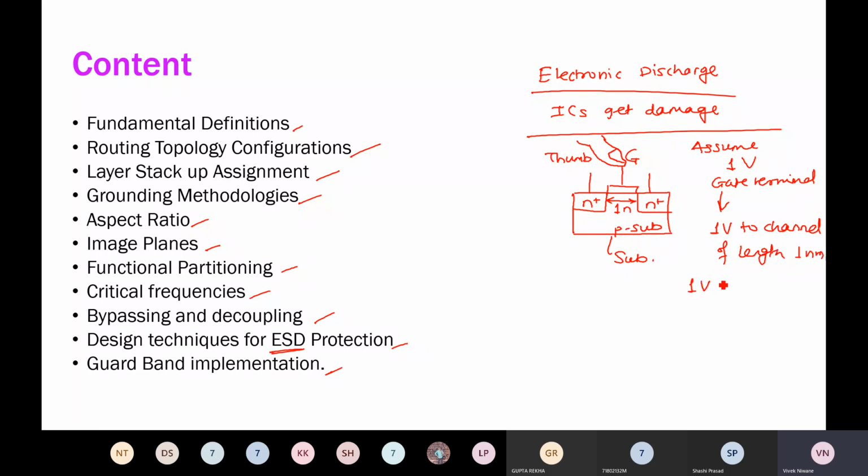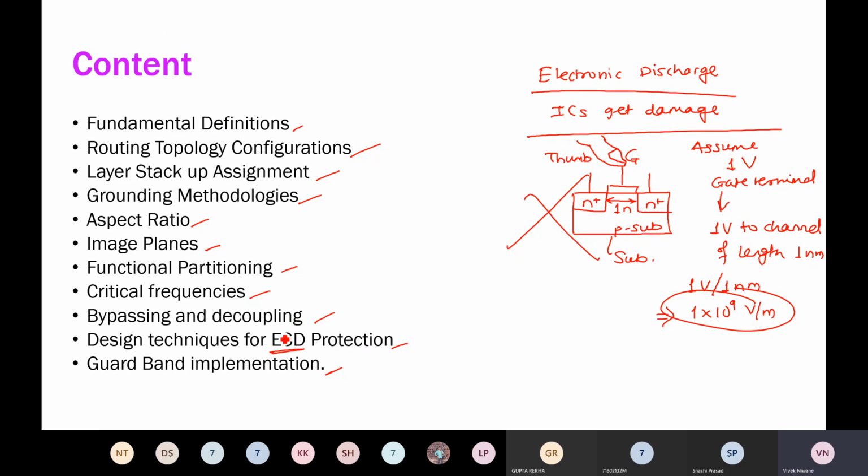So I can say that 1 volt per 1 nanometer, or I can say that okay, this is nothing but 1 into 10 raised to 9 volt per meter. इस नैनो को मैं न्यूमरेटर में लेके चला गया. So due to this tremendous voltage, this is a lightning voltage, am I right? Gigavolt. You are applying this much amount of volt to that MOSFET, so surely that MOSFET is going to die. Okay, and therefore your digital ICs get damaged, and at the time of examination we have to buy a new set of digital ICs because the old digital ICs do not work, because we handled them at some moment of time with bare hands. Okay, so all the topics we can discuss on this slide itself.